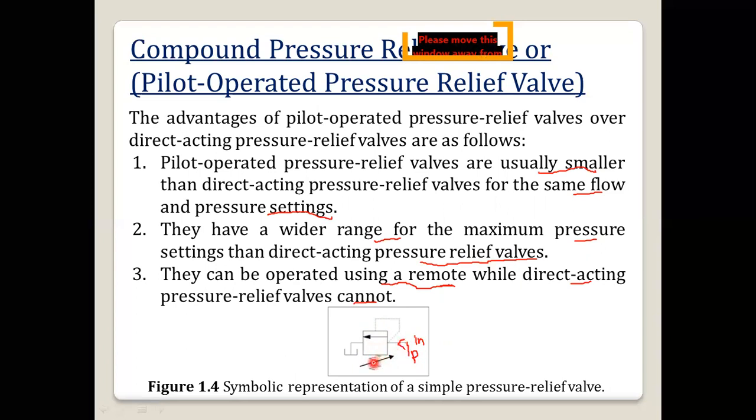Then we have to show the spring, and we have to show this arrow. Spring means that using the adjusting screw we are setting the preset pressure, and the arrow indicates that it is adjustable. Then the oil has to return to the tank. And for pilot operated, you have to show this pilot line.